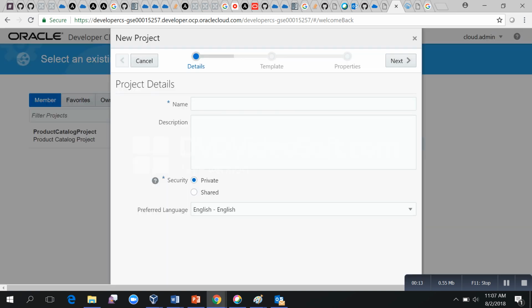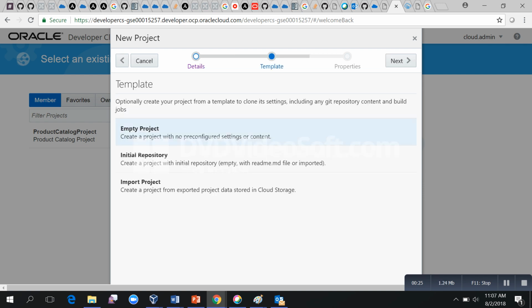You can give the name of your project, Project 1. You can put in some description. You can select your preferred language. You can select the security, whether it's private or shared. Click Next. You can either create an empty project or create an initial GitHub repository, or you can import the